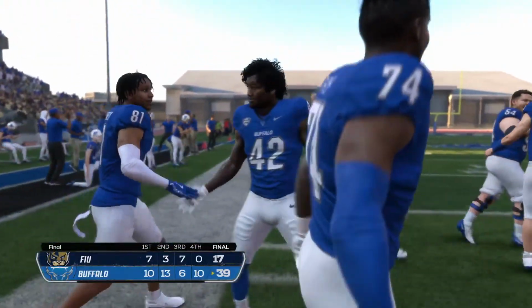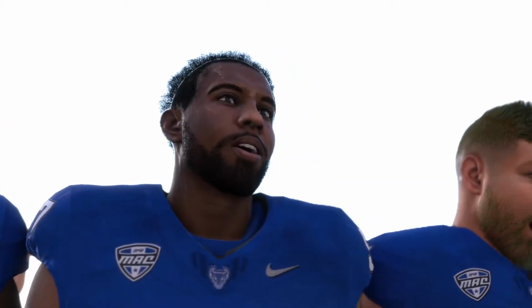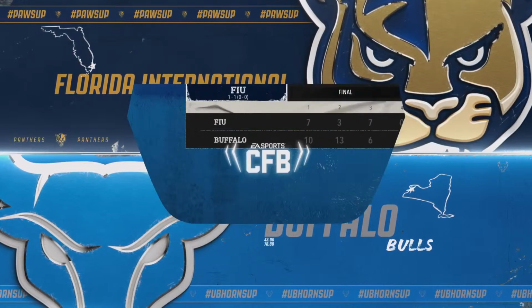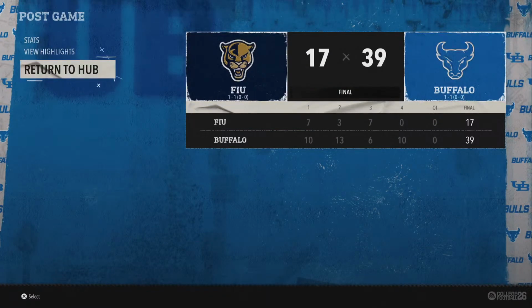All business today for this ball club. They come out and they get the win. And that's all that matters. It's not always pretty. You don't always do everything you want to do or check all the boxes. But at the end of the game, Jesse, you want that W. No doubt about it. They made the plays they needed to make in order to get the